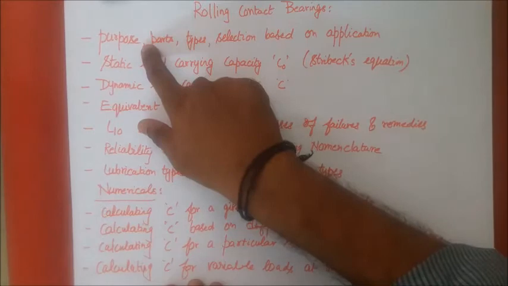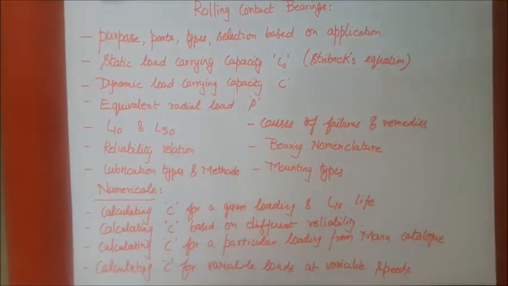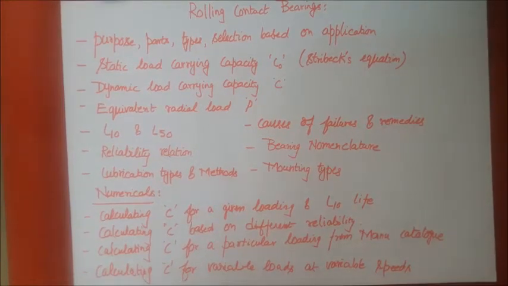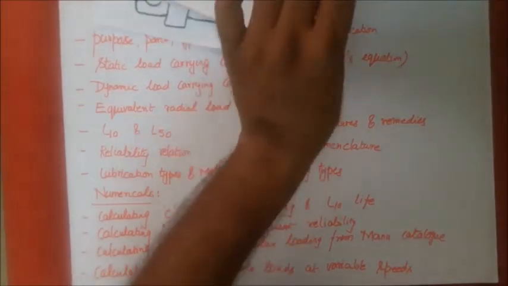Now looking at the purpose, what is the purpose of the rolling contact bearing? The functions of rolling contact bearing are, it basically supports the shaft or axle in its correct position. Next, load transfer from gear to shaft, from shaft to bearings, and from bearings to the mountings. So the purpose is supporting the shafts and axles properly and transferring the load from the given point of application to the mountings, frames, housings, etc. Then next we will see what are the different parts of the bearing and the associated types.